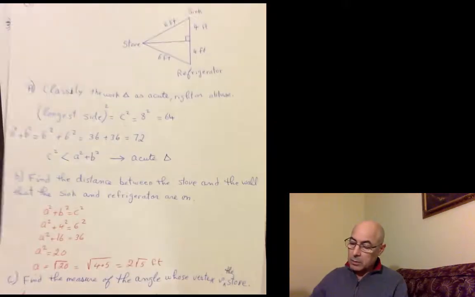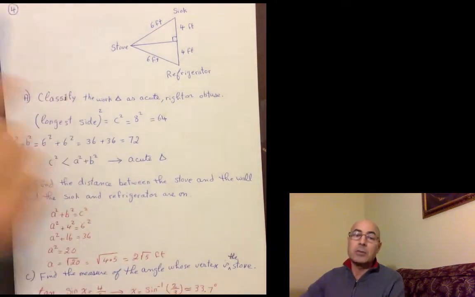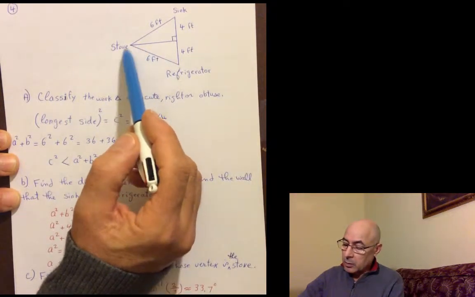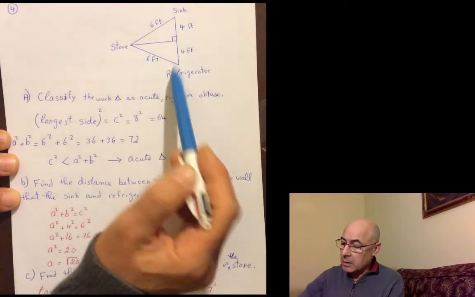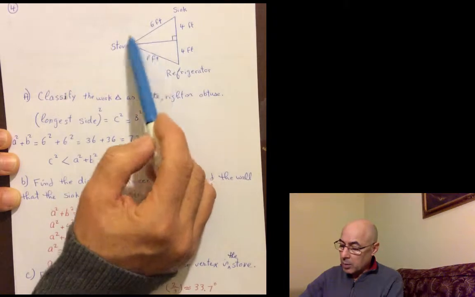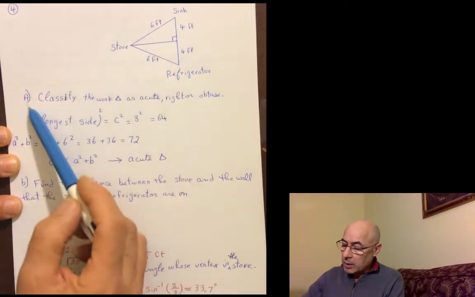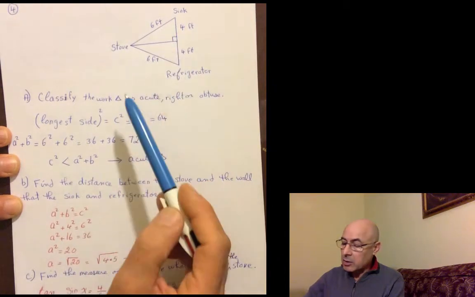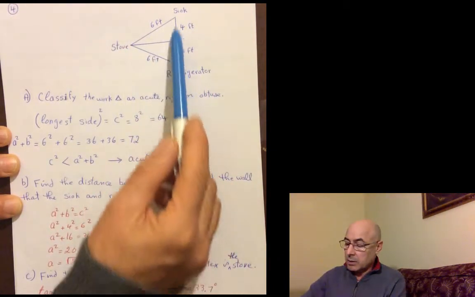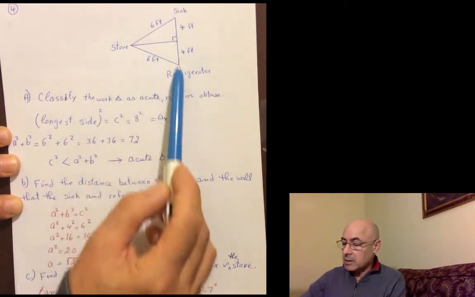Example 4. That's similar to problem 4 in your packet. We have a stove and sink and refrigerator, and this is the working area. Looks like a triangle. We want to classify this triangle as acute, obtuse, or right. This big triangle: we know one side is 6, one side is 6, and this side is going to